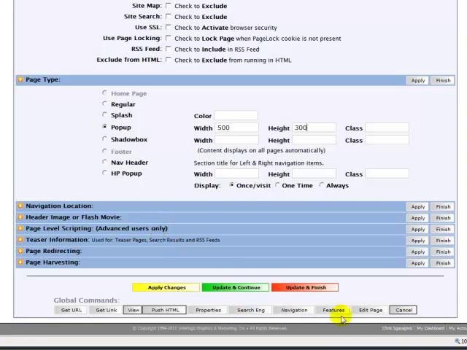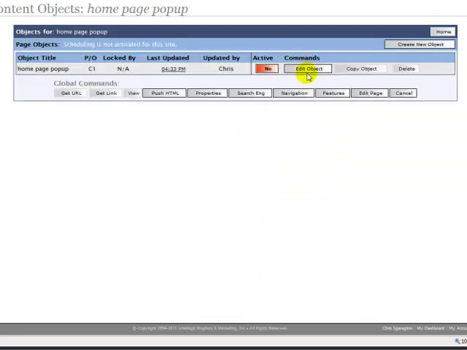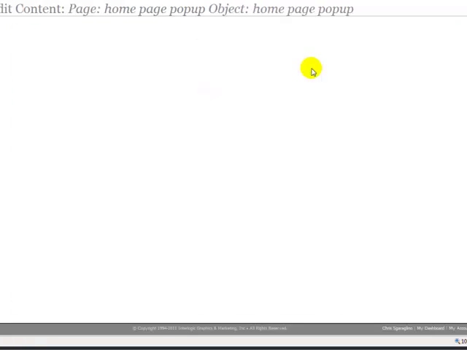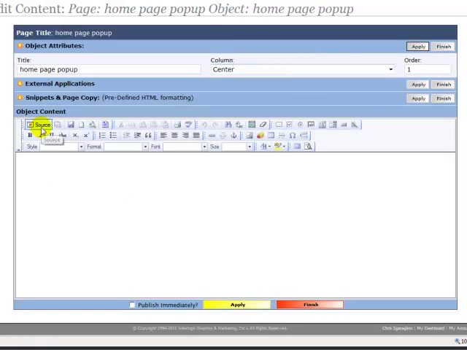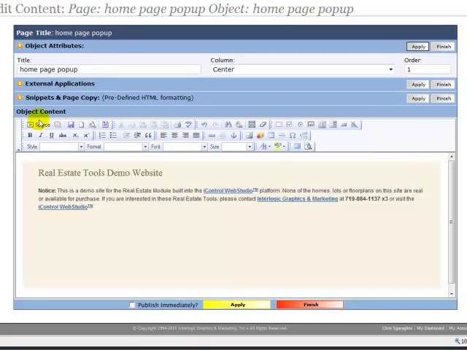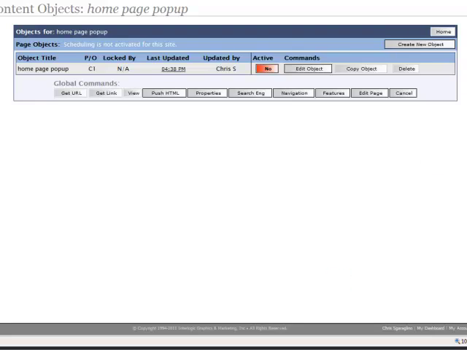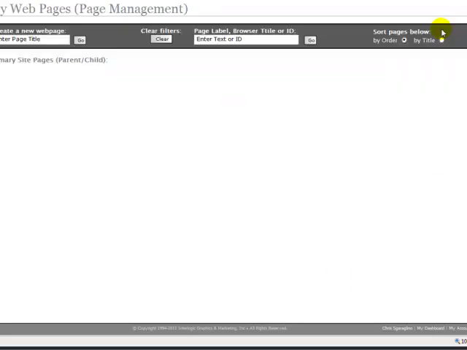So we're going to jump right straight to edit the page. We'll go to edit object, and I'm going to go ahead and edit the source. I already have the content in here to make this a little bit faster. So that's what we're going to put in there. We're going to go ahead and say finish, go back home,